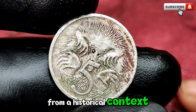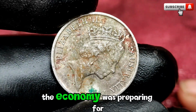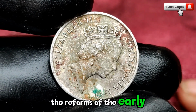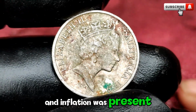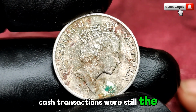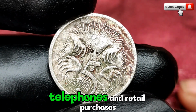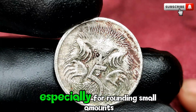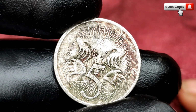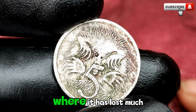From a historical context, 1989 was a year of gradual transition for Australia. The economy was preparing for the reforms of the early 1990s, and inflation was present but moderate compared to later decades. Cash transactions were still the primary form of payment, and the 5-cent coin played a daily role in vending, telephones, and retail purchases, especially for rounding small amounts. The coin was still very relevant in everyday life, unlike in recent decades where it has lost much of its